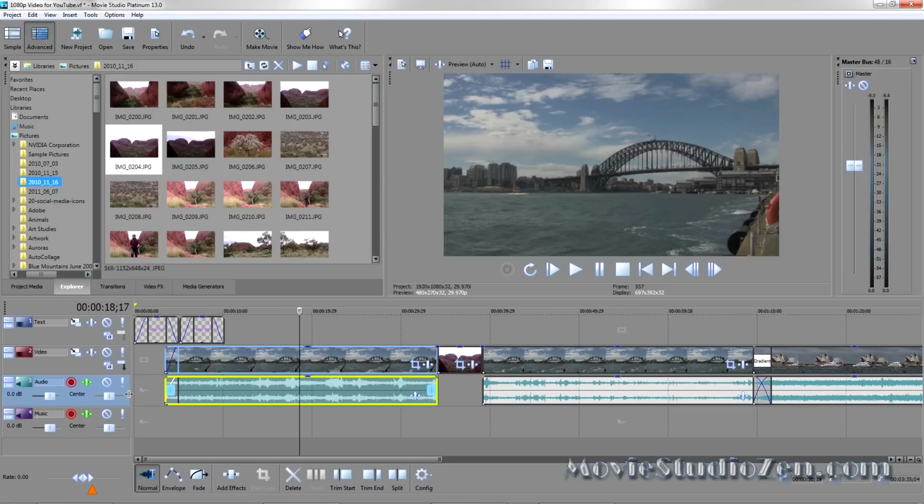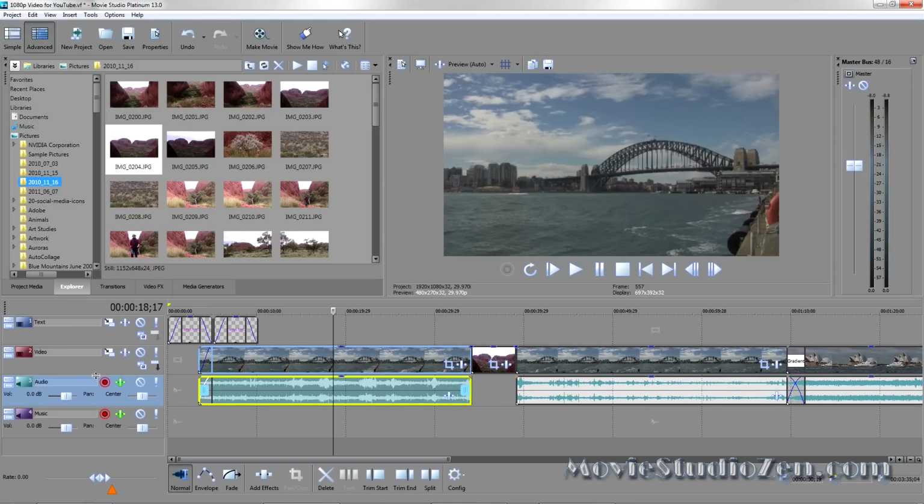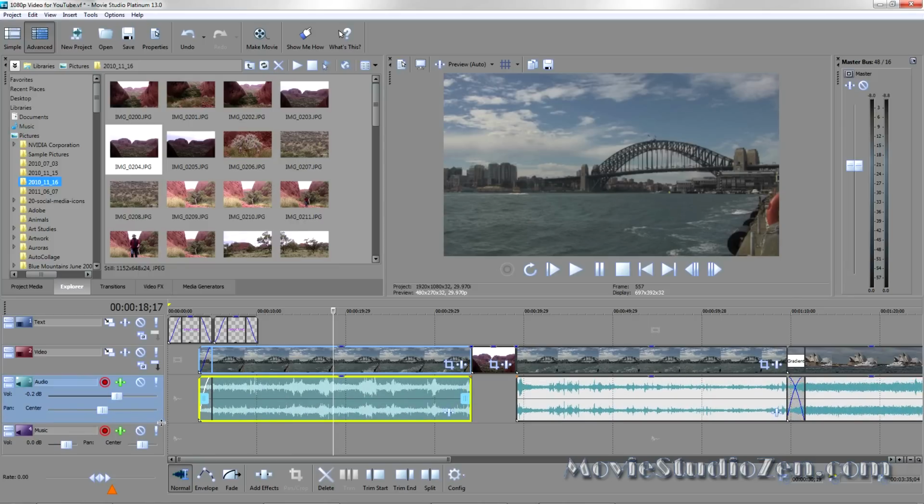If I wanted to adjust the volume for all the pieces of media on the same track, I can use the slider control here. If I want the slider to be a little bit bigger, a bit easier to use, I can hover the mouse pointer in between the two tracks, then drag it down, and then it makes the controls a lot larger, a lot easier to use. So if I reduce that, that's going to reduce everything on this layer. I can also change the volume by changing the master slider, and that'll affect everything in the entire project on all tracks.